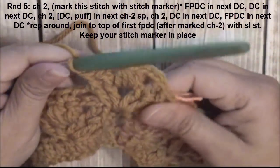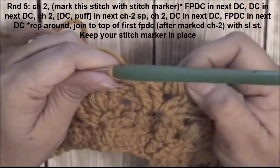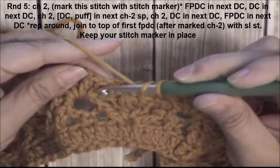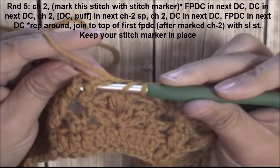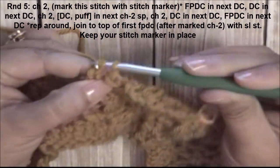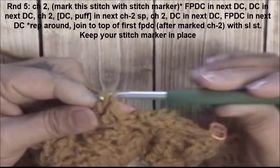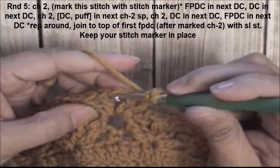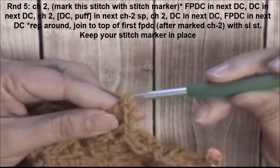Okay, and now we're going to start repeating the pattern. So this pattern for row 5 is we're going to be skipping in between here. So we're going to front post around the next double crochet, which is right here, skipping all these stitches here. Go straight into there, front post double crochet into the next stitch, chain 2, working into this chain 2 space here, we are going to do a double crochet and a puff